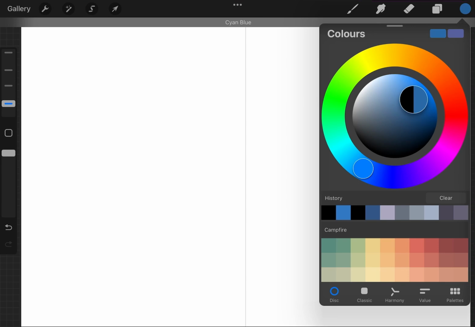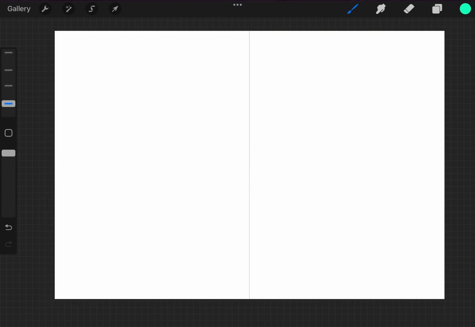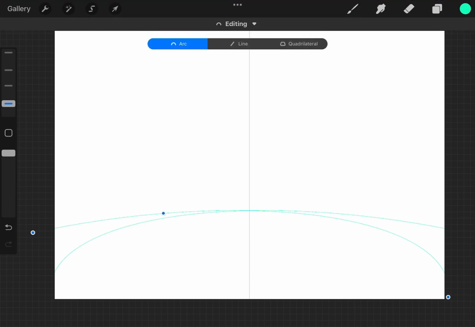I specifically want to use a nice green color. There's a lot of colors though, so you need to pick some sort of green because we're going to start with the grass. So we're going to just adjust the screen a little bit just so we can see our picture. We're going to get our brush. We're going to draw a nice big line across the screen. Like this. We can edit the arc and we can do line, quadrilateral, but we want it to be arc,